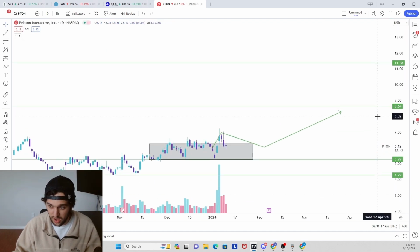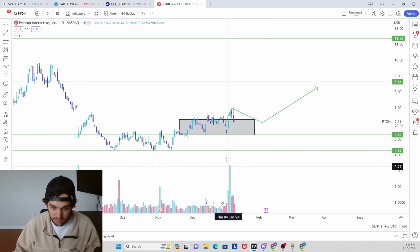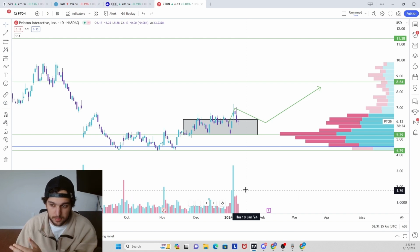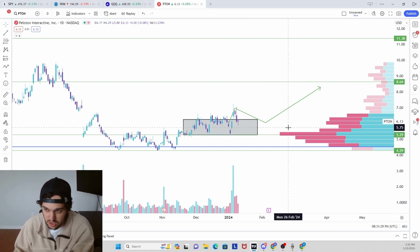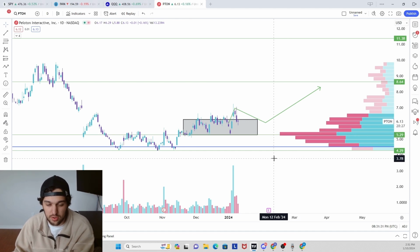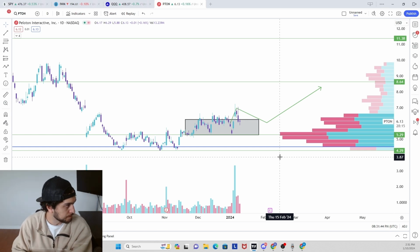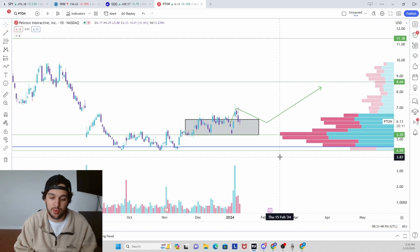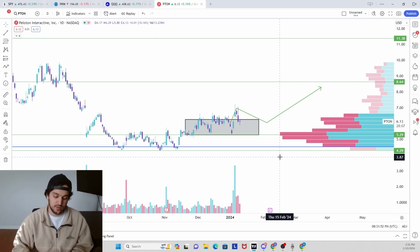I already have an entry, like I said. This is the daily time frame. Just recently we had a huge volume breakout, like I was talking about on the weekly. Looks good. If we can stay above $5, I think this can potentially see almost $9 pretty soon. Earnings is actually February 7th, I'm pretty sure, and I am bullish on the earnings too. I'm pretty bullish on earnings with Peloton. I think it's going to be one of those moves that has a humongous move,